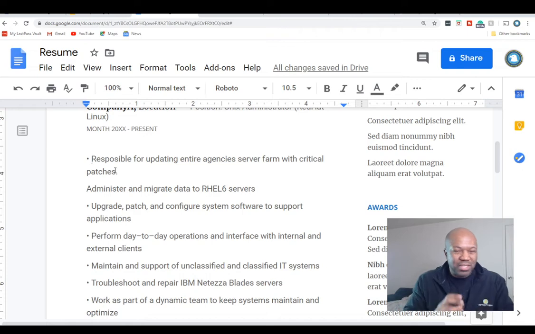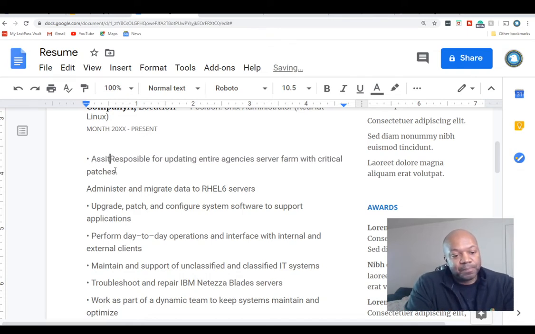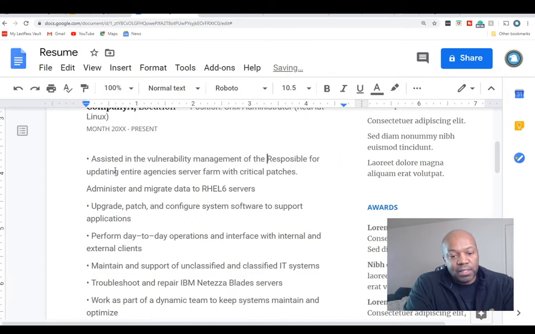You see the shift there? So let's write that. Assisted in vulnerability management of the organization